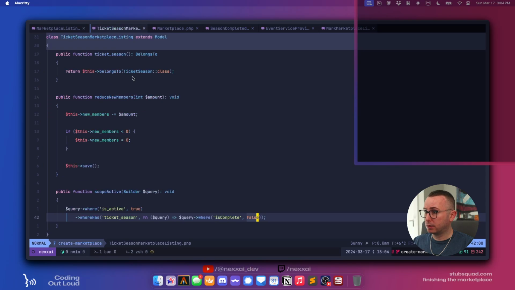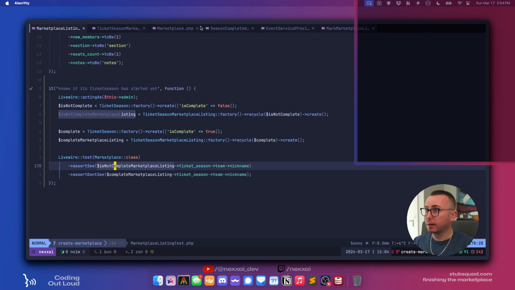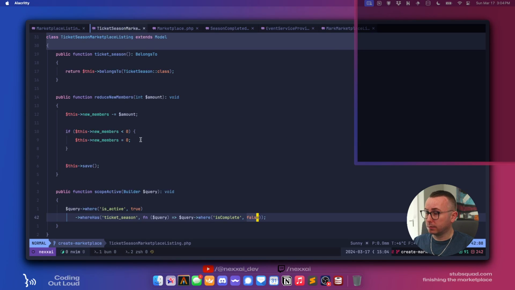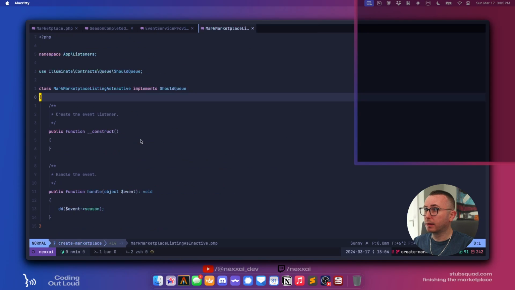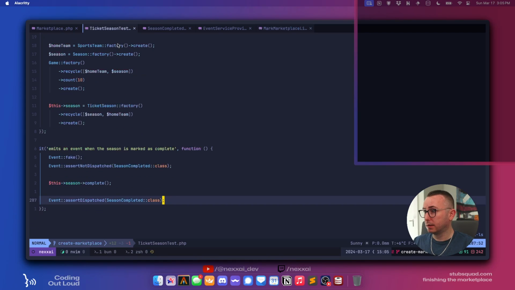So if we go back to this, no, we want the ticket season. Ticket season test. Is it going to give us the DD? Probably not, because it's doing it